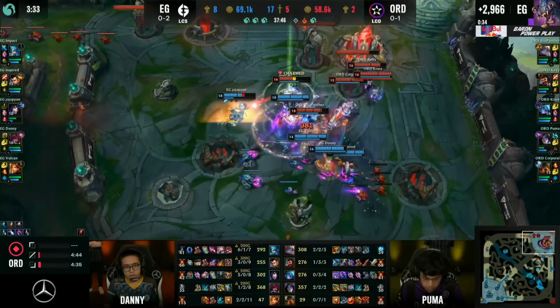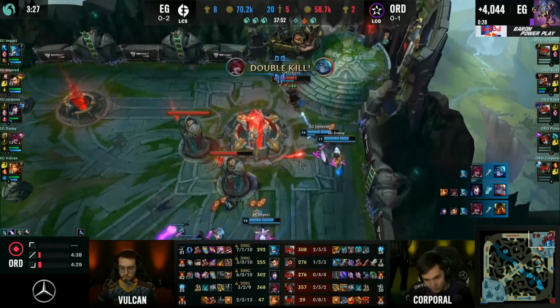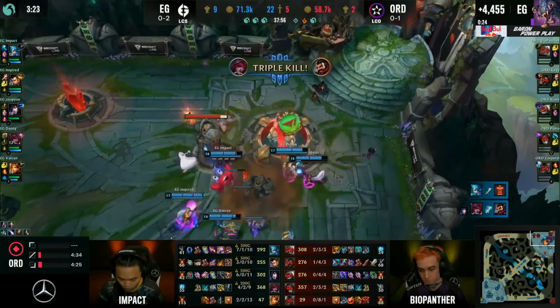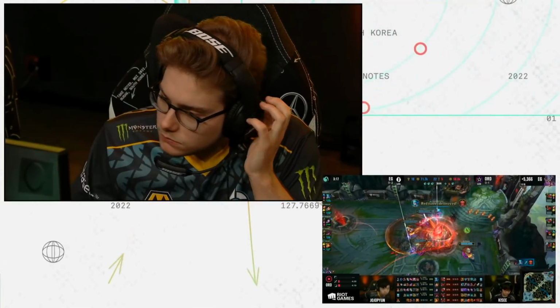Looks like they want it now. Jojo, big play! They found it on Puma. A very nice one there. As EG will find the final fight they need. Jojo will finish it. Another charm's gonna land, and EG will take the ace and their first game of MSI 2022. First international win for the Young Guns from